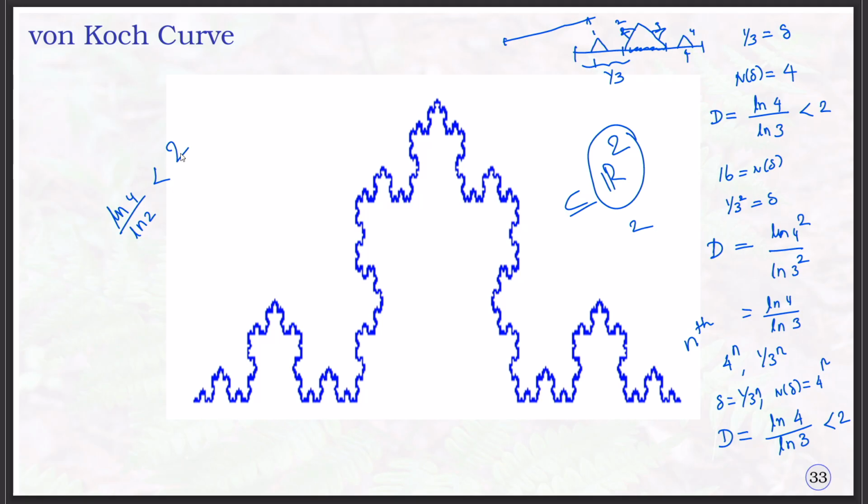Therefore, we can conclude that the Van-Koch curve is also an example of a fractal. Why? It has a self-similar property and its box counting dimension is non-integer,